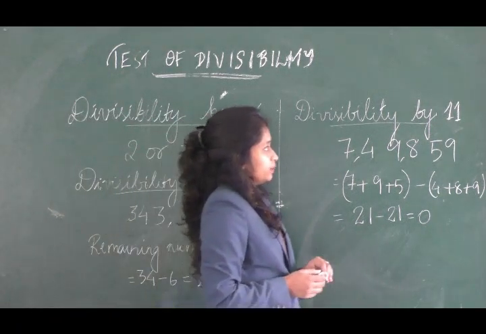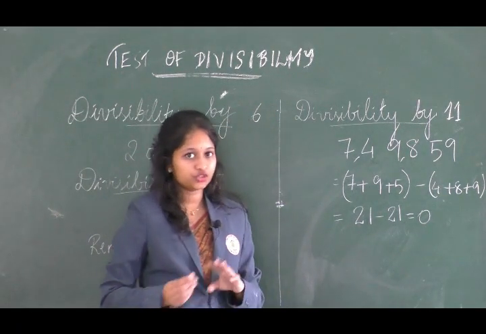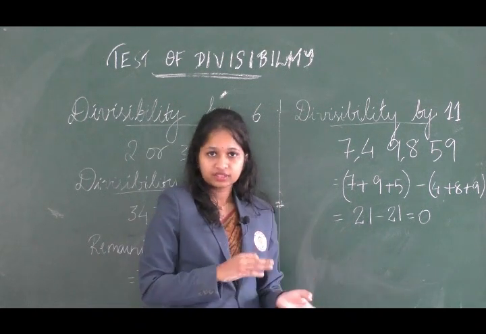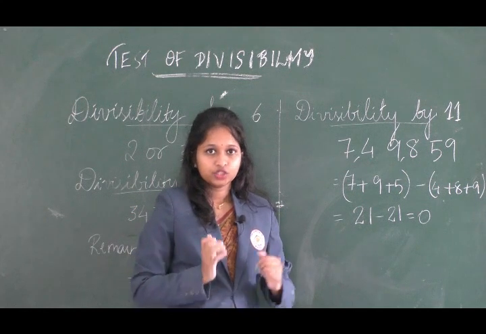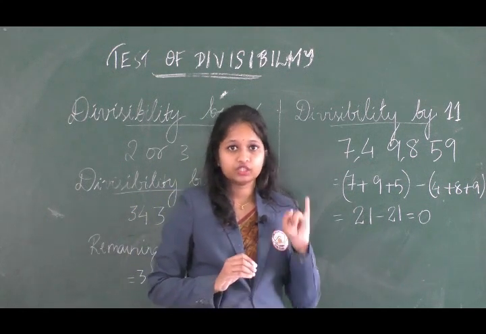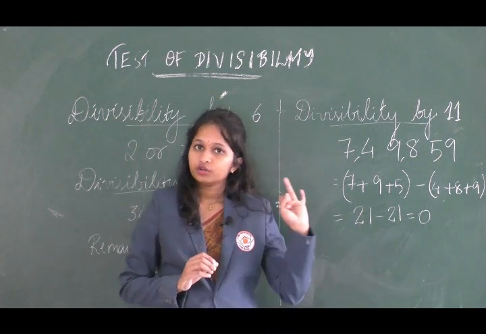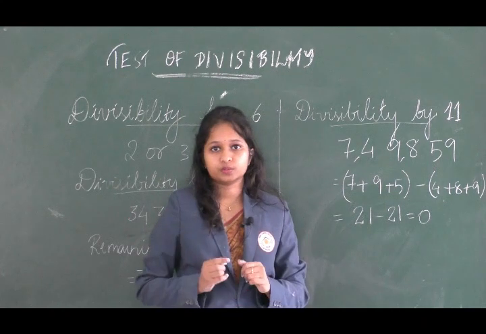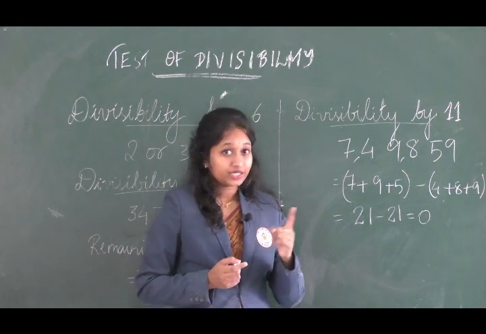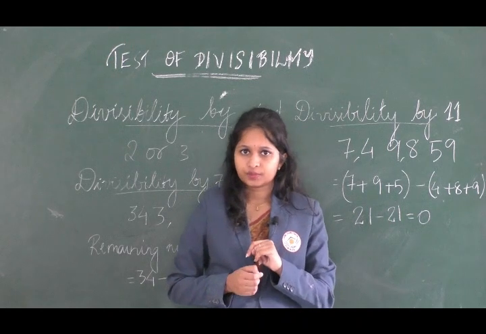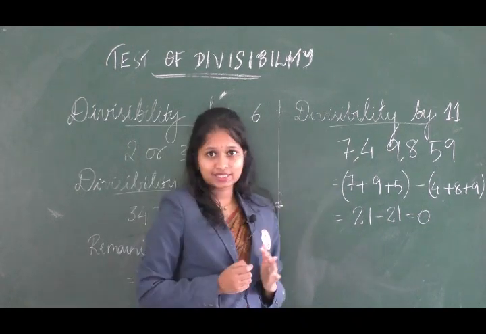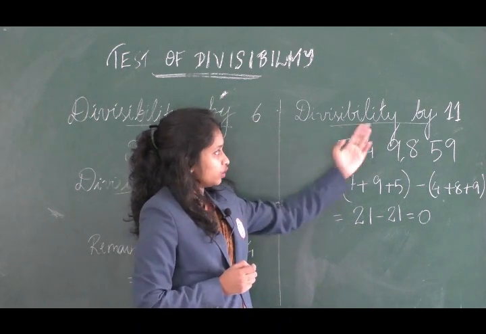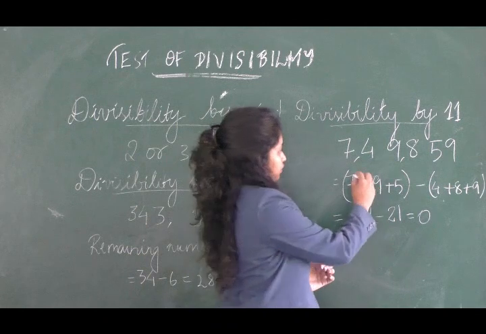In case of divisibility by 11, how can you check? When you get a number, when you find the difference between the sum of the digits at odd places and the sum of the digits at even places, if you either get 0 or you get a number which is divisible by 11, then the whole number is divisible by 11. And I mentioned odd places and even places. The number at the extreme left, consider that as odd place, or you can take the alternating numbers.